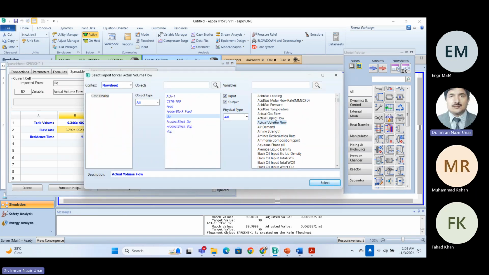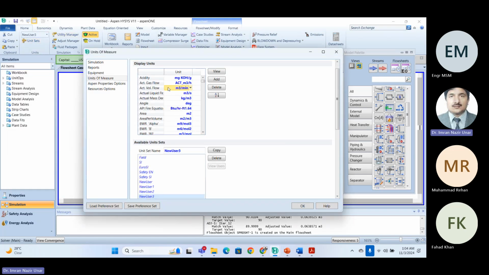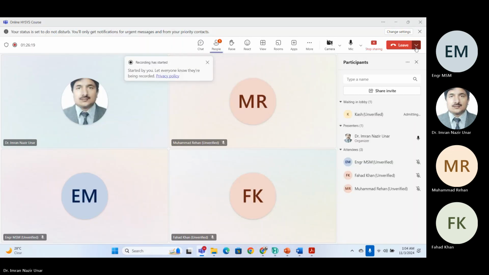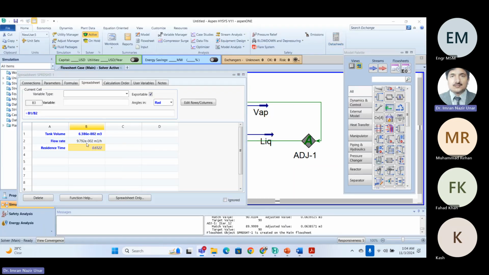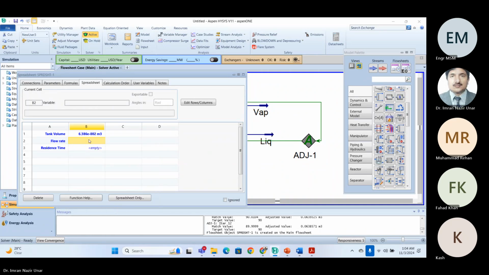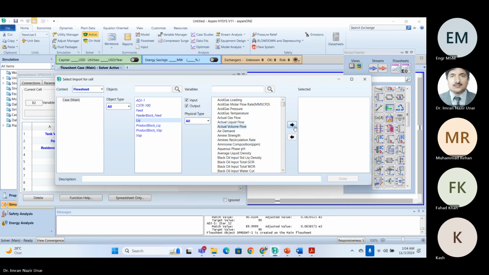एडिट इंपोर्ट वेरिएबल, अब हम एक्चुअल वॉल्यूमेट्रिक फ्लो रेट। हमने यूनिट सेट में मिनट किया, न्यू यूजर 3 में किया मिनट एक्चुअल वॉल्यूम फ्लो, और यहाँ पर दोबारा देखते हैं, लिक्विड एक्चुअल वॉल्यूम फ्लो।